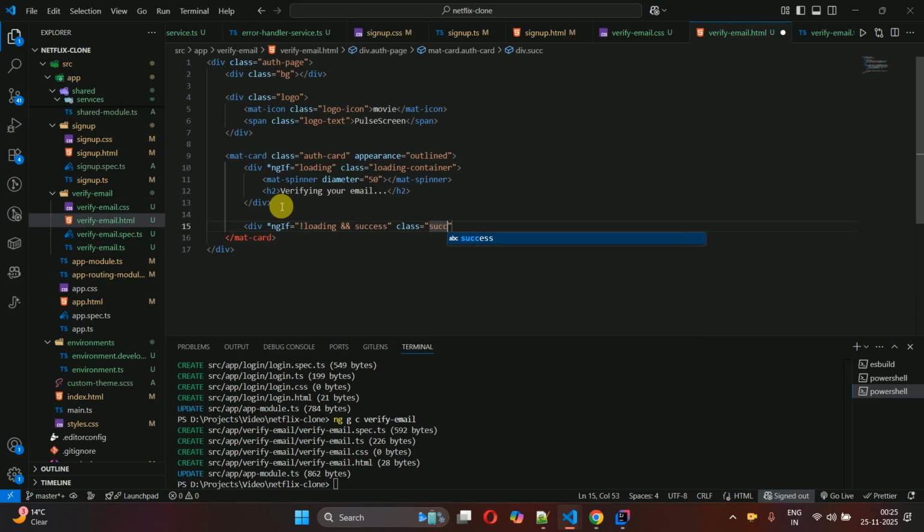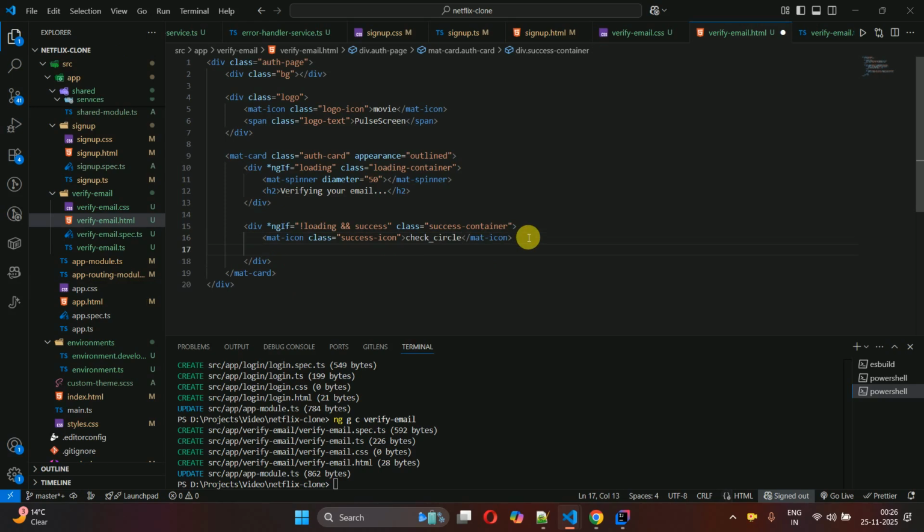So success container, and inside this one mat icon and class success icon, and this one check_circle, and